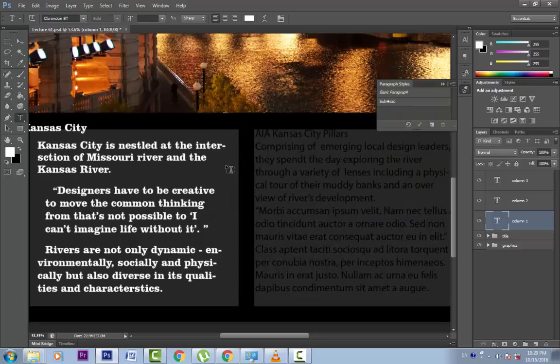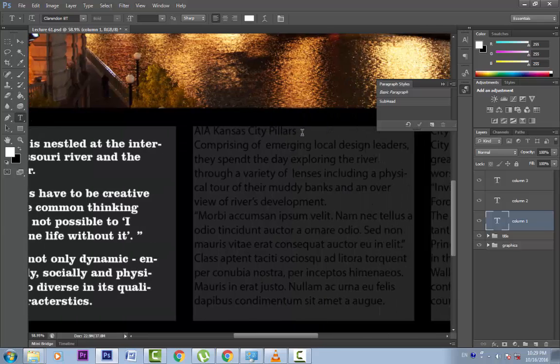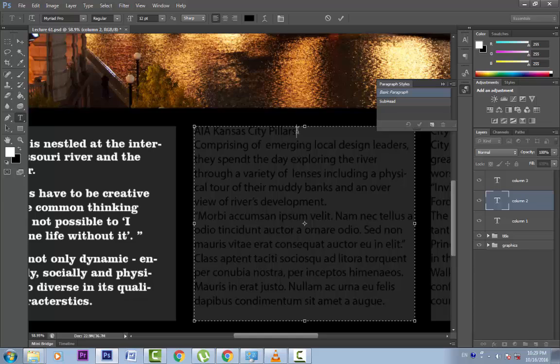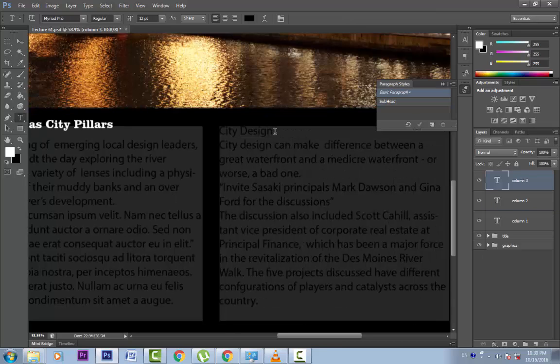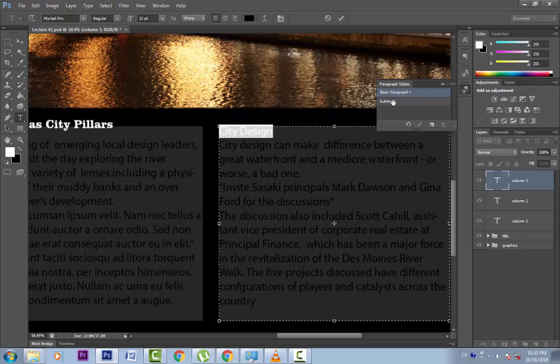Let's zoom in a bit. Let's apply this subhead to all the subheadings. Let's come in here to the column 2 and triple click to select this heading and apply this. Select the other column, triple click, again there is this plus sign, we will apply this one. It still has the plus sign. It means there are some more changes. To remove this override, click on this button. The override is removed and this paragraph style has been applied.